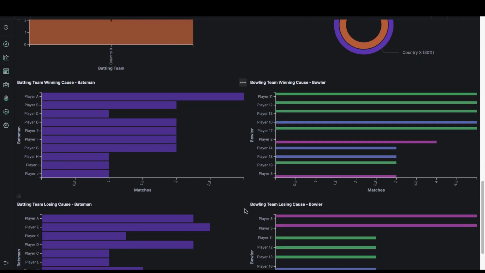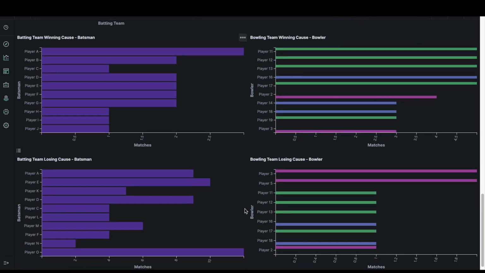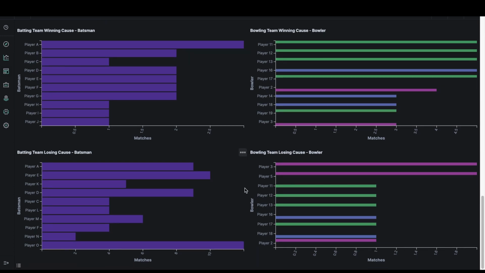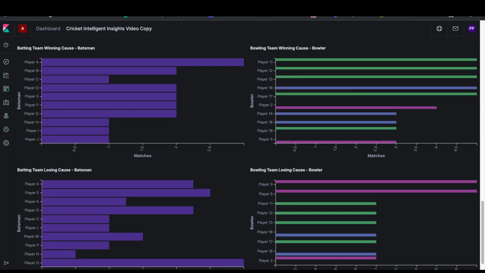Taking a look at batsman and batting team losing cause, batsmen show the number of matches a Country X batsman contributed to a win or loss. We can see that Player A contributed to 3 of the 5 matches Country X won in the T20 dataset. We can go even further and use the filters provided in the dashboard to drill down to a particular set